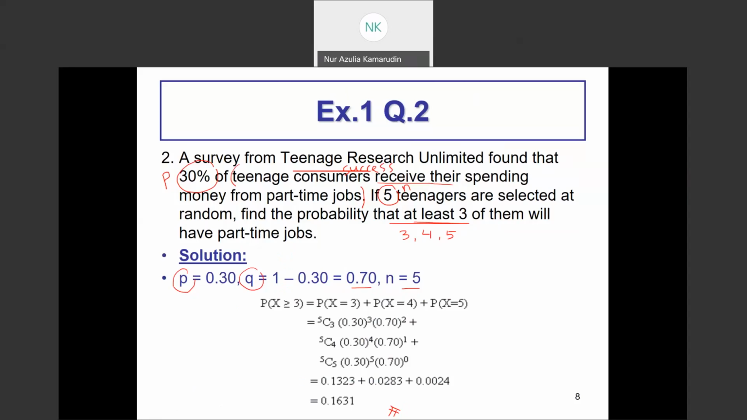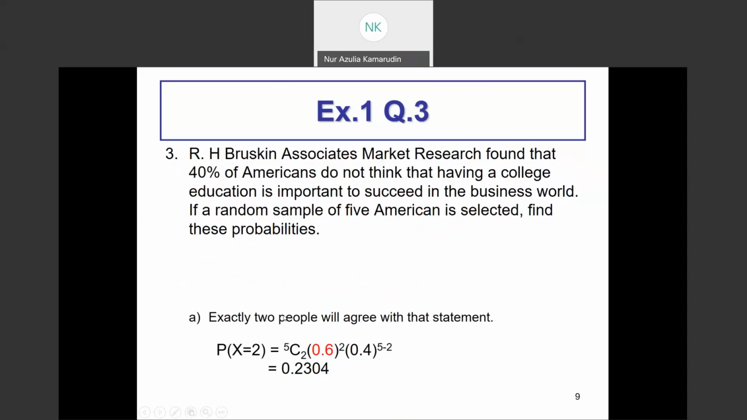Okay, next we look at another question. Research found that 40% of Americans do not think that having a college education is important. Of course here, a random sample of 5 Americans, straight away, this is your N. N equals 5 to find probabilities. So what you actually have here